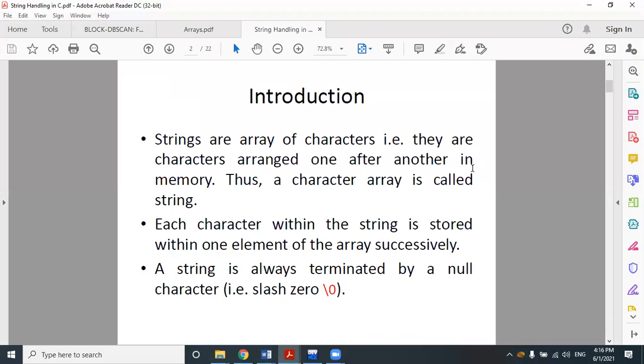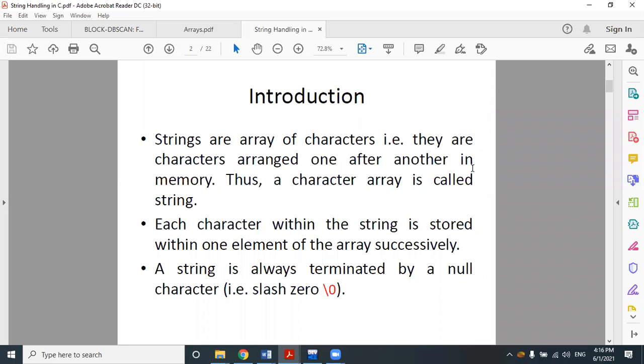Our objective today is to discuss the character array that is called a string. In C programming, a string, just like a numerical array, has a wide range of applications. Suppose you have 10 names of students, and I ask you to organize the names in ascending order to do some marks calculation.